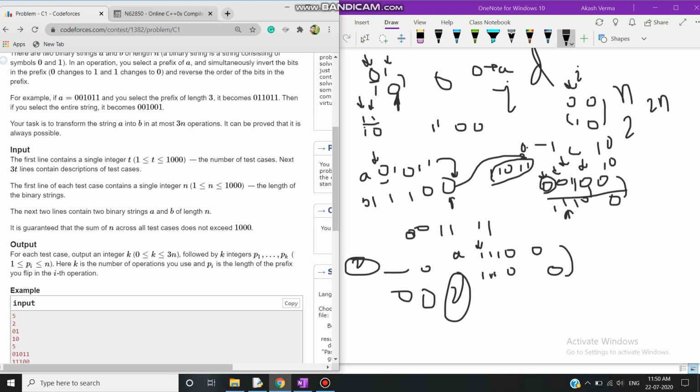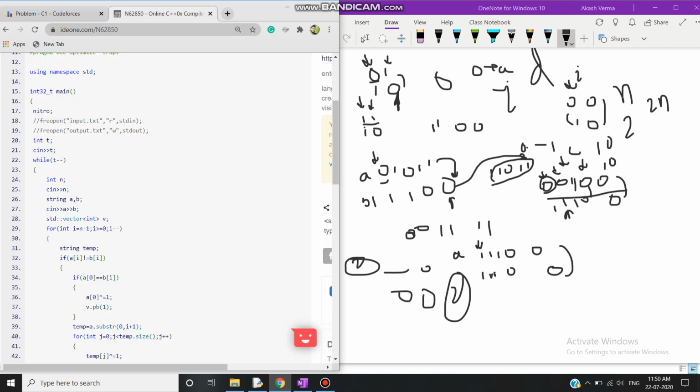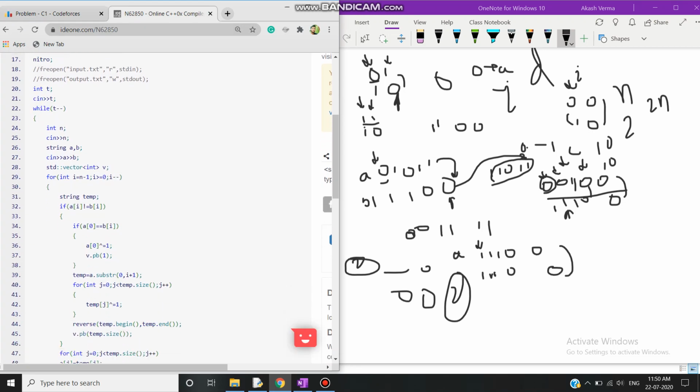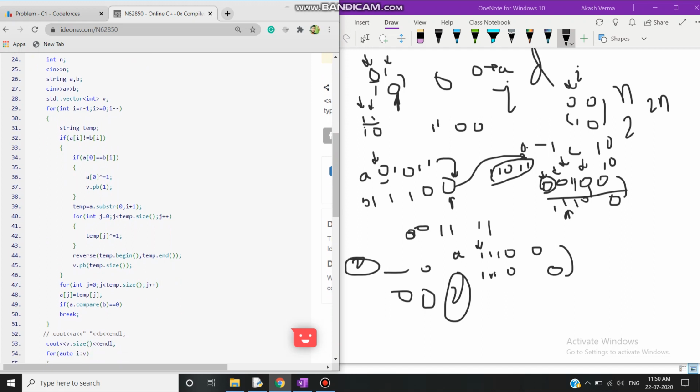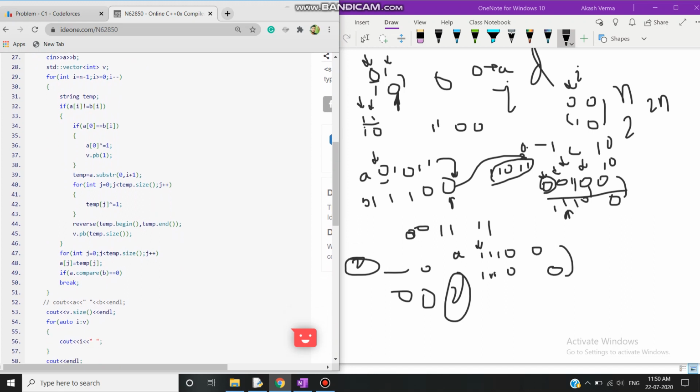Now I will show you the code. I have taken T as the number of test cases, strings A and B, and a vector for our output. Starting from the last, take a temporary string and check if the last bits in A and B are not equal, and check if the 0th bit of A and the ith bit of B are the same. Then the first condition means flip the bit: if it is 0, make it 1, and if it is 1, make it 0.